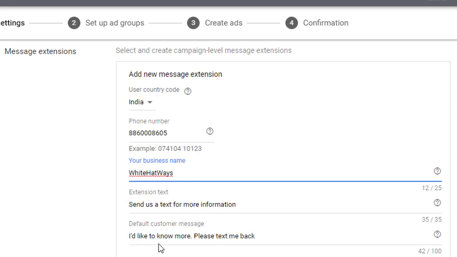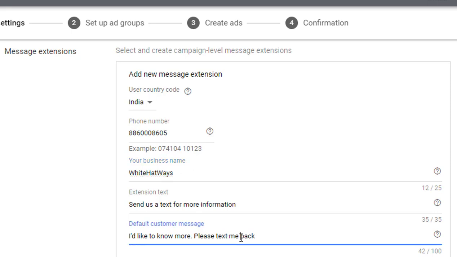So this is the message that will appear as the first message, and this will appear from the prospective buyer side. However, the advertiser, as you can see, is setting it. So in case you wish to change, you can change the extension text, you can also change the default customer text. However, in my case, let it be this only. Let's proceed ahead.